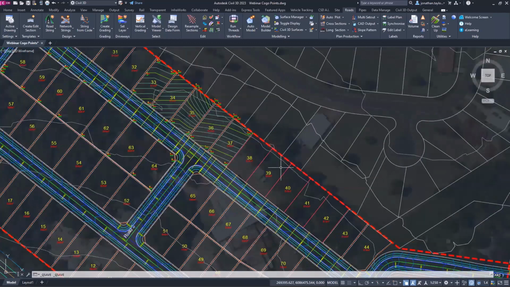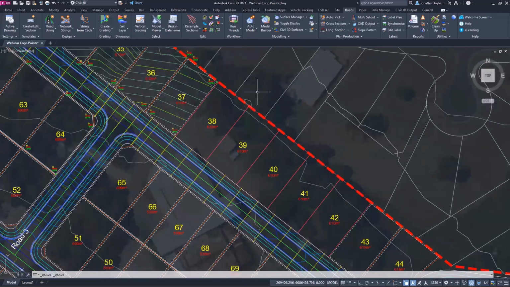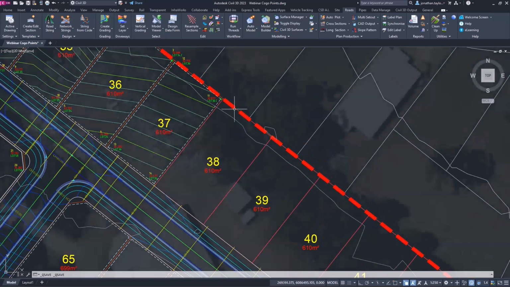Indeed, yeah. Look, this is a generic job, but at the end of the day, it's great to convey a message without it being too overly complicated. At the end of the day, this is a real job, and these are real lots that were designed. So we are going to be utilizing it for what I'm going to be showing you today. Now, I didn't go through an agenda because there's loads of things. I'm going to cover that at the end, really just highlight the key points that we've covered in today's webinar. So when it comes to lots in particular, one of the key things that this project required was